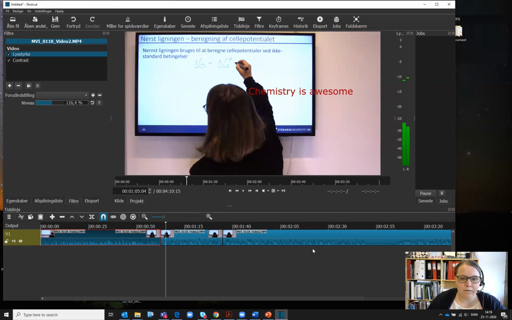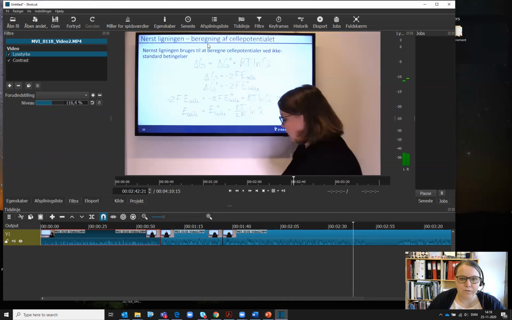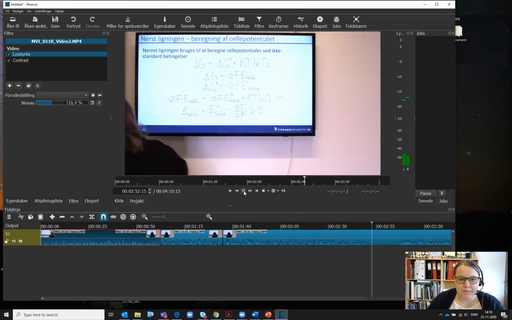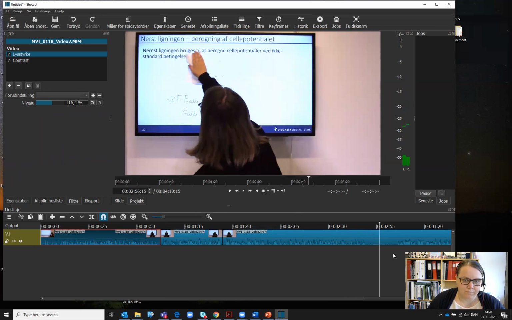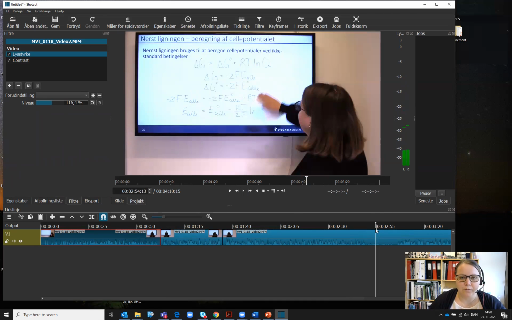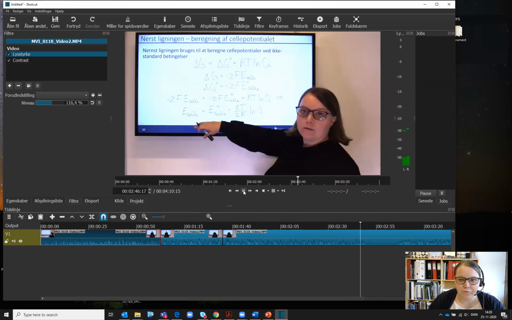So the last thing that I often use is that sometimes I play with the speed. So you see that I have written something here on my screen, and then I here have a part where I basically just wipe it off. And of course, I could leave it. I could also cut it out, but sometimes it can seem a little bit confusing if you cut something out without an explanation for why you have a cut. So I often just fast forward through it.